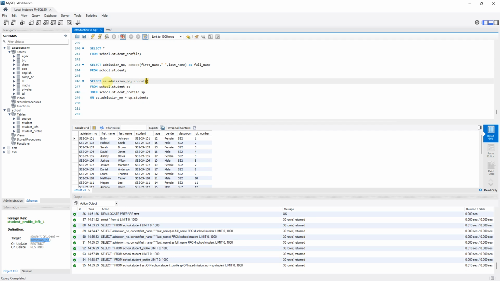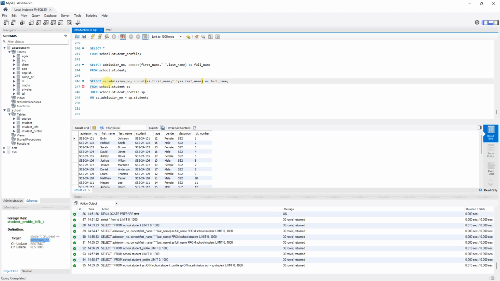We now say ss dot first name, comma, we will now put a space, ss dot last name, and we'll give it an alias as full name,